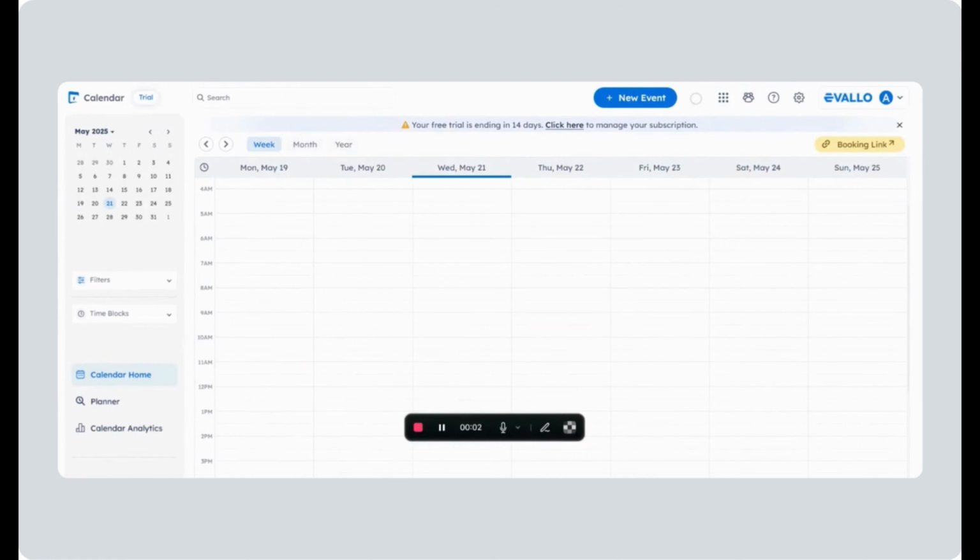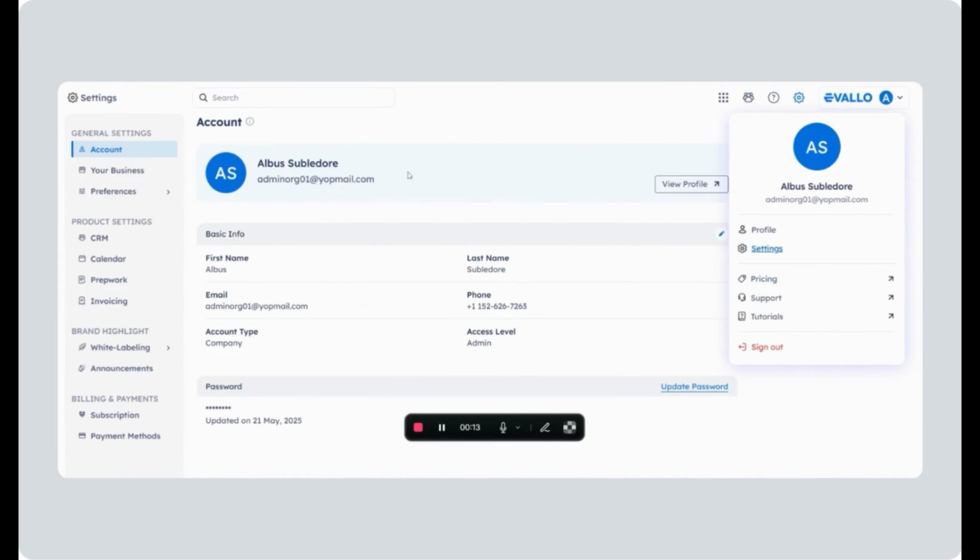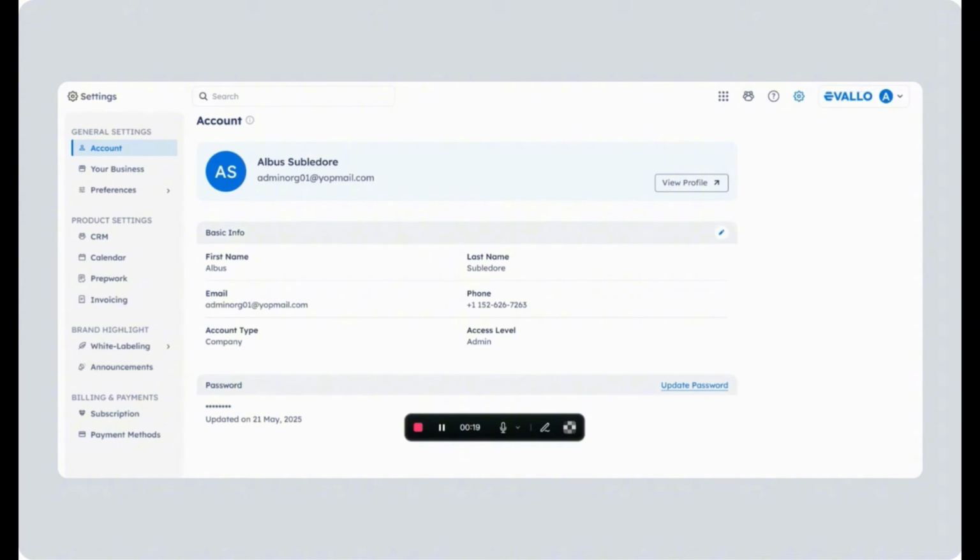Once the admin has set up their account, to enter the basic account details and business related information, what they can do is they can navigate to settings. Here you can see under general settings, you have the account page where the admin can see their name, email ID. If they click on view profile, they would be taken to their profile page.